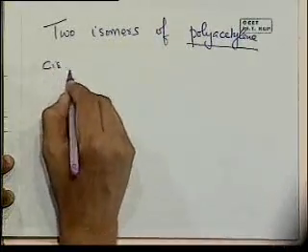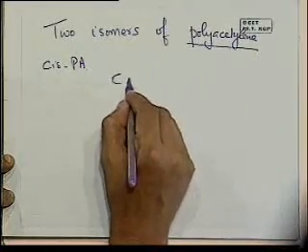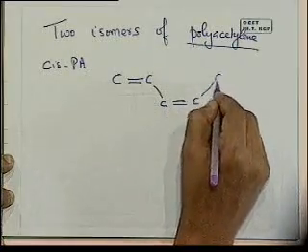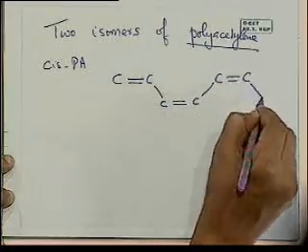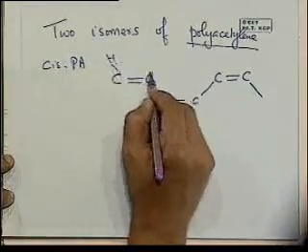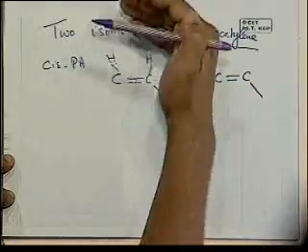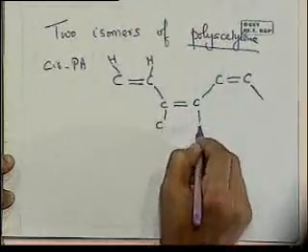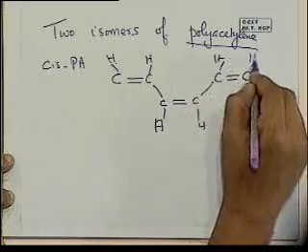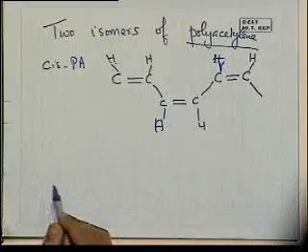One is called the cis polyacetylene. I'm using PA as an abbreviation there, which basically consists of the following structure. And what we'll see here is, in this case, the hydrogen that is bonded is on the same side of the double bond. Both these hydrogens are on the same side there. Here they're down here, sorry, hydrogen, hydrogen, again they're up there. I'm not drawing the angles right, but just giving an idea. Okay? And then we have trans